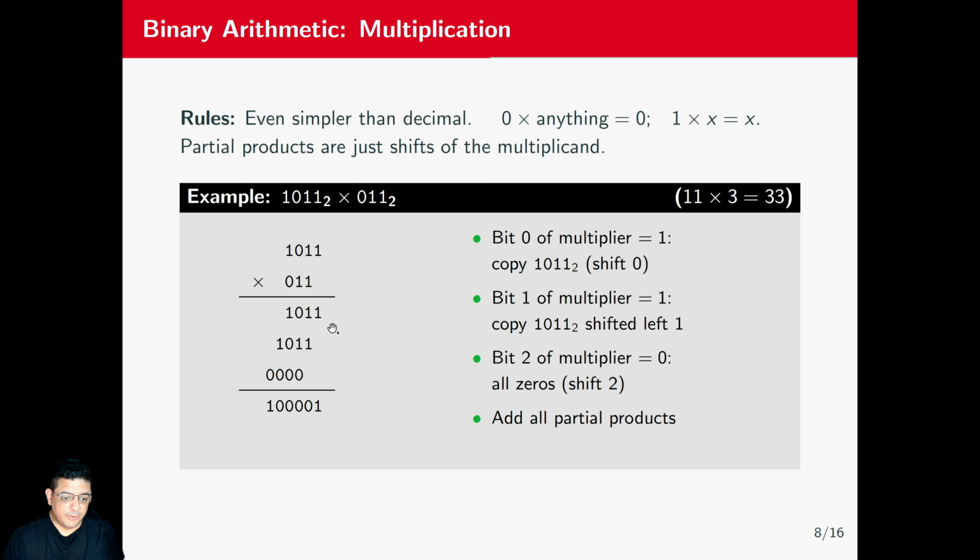Now when I'm going to do the sums, the 1 goes down. 1 plus 1 is 0, and then I'm carrying 1. Then 1 plus 1 is 0, and I'm carrying 1. Once again, 1 plus 1 is 0, and I carry 1. 1 plus 1 is 0, and I carry 1. 1 plus 0, 1. So you get this as a final result. And when you figure out what this is in base 10, you're going to have that this is 33